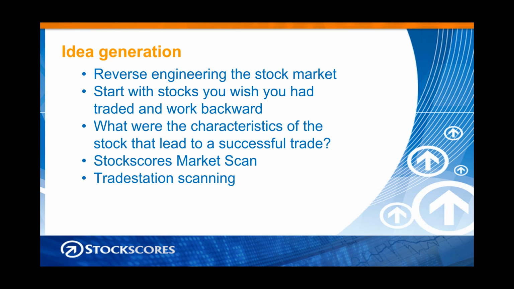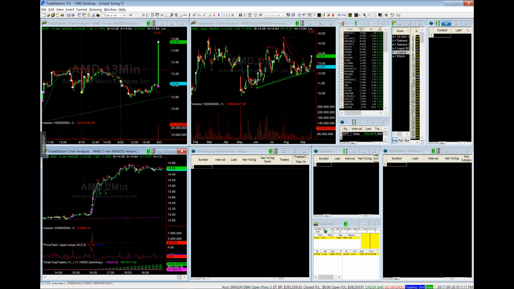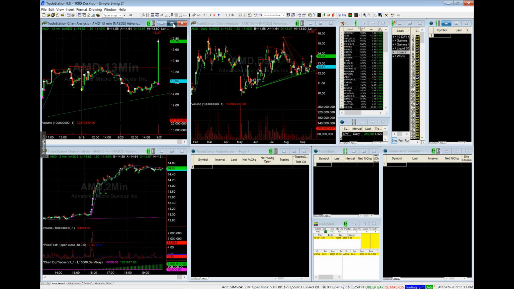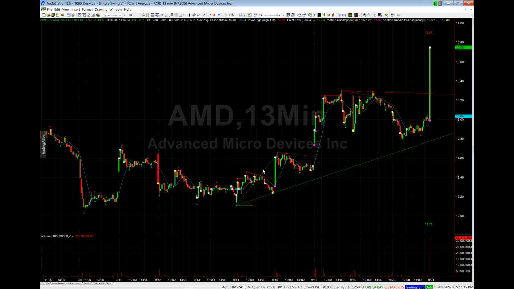Nowadays, this is much easier. So I would print out the charts, I would put them in a binder, and I would just flip through them and look for common things that happened early in the upward trend. And what I found was that most stocks that do well, that beat the market, do so with abnormal price and volume behavior early in the trend. So when I was showing you Advanced Micro Devices on the 13-minute interval here, that's what that is. That's looking for abnormal price and volume behavior.